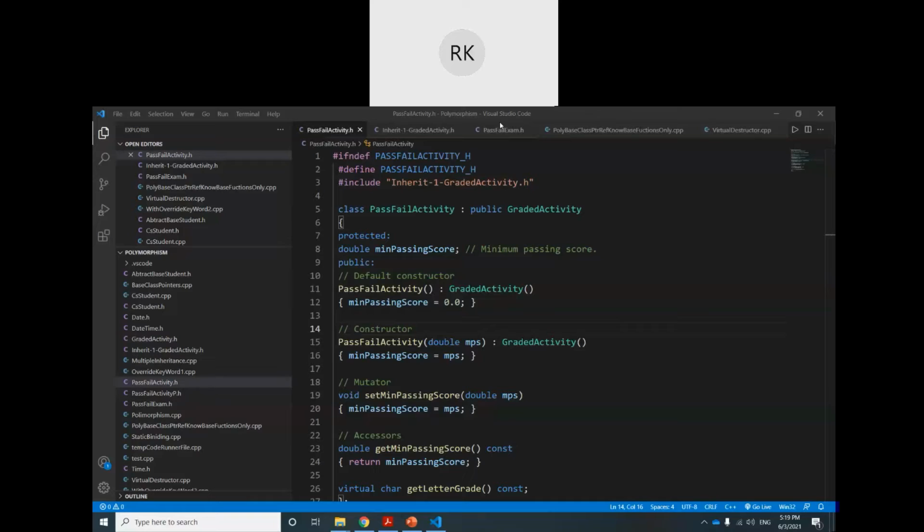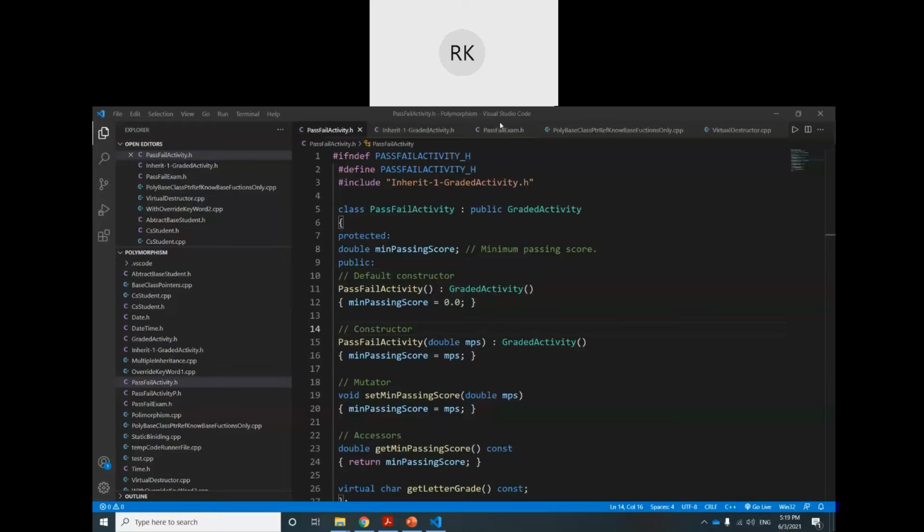So it's the same thing we discussed many times: a hornbill is a bird. So the hornbill object we can assign to a bird class pointer, but we cannot assign a bird class object to a hornbill pointer. You see, the child pointer cannot accept a parent class object. So simply, the is-a relationship is not working in the reverse way.